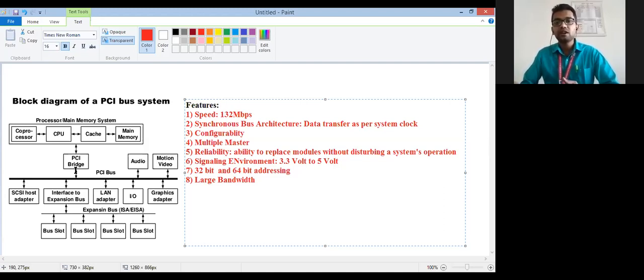Okay. So the 32-bit PCI card functions properly in a 64-bit PCI X slot as well. Nowadays, in a computer, you are directly provided the 64-bit PCI X card slot. Directly slots are provided, and it is also down supportable, means you can connect a 32-bit PCI card in a 64-bit PCI X slot.